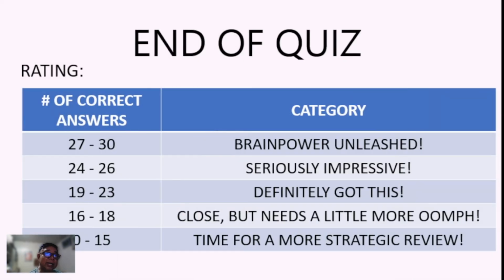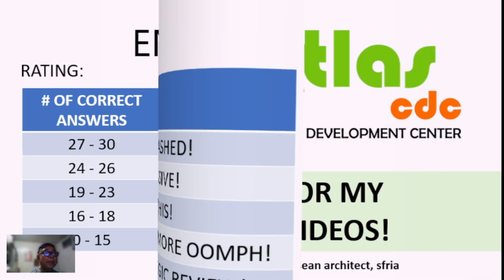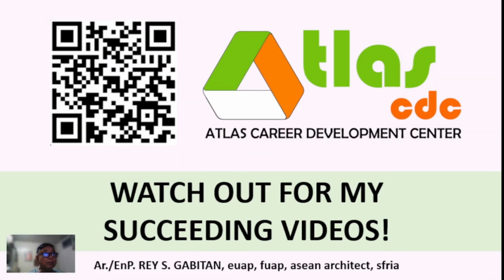And that's it. So count the total number of your correct answers and check whether your score is 15 or below. If that is your score, it is now time for a more strategic review, and you may consider enrolling